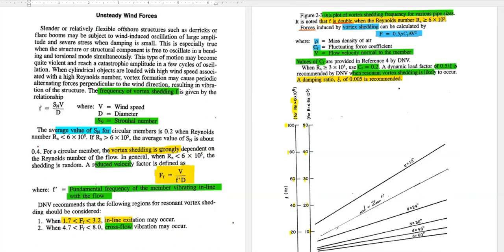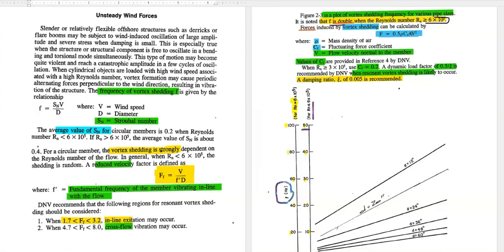So next one is, if you see, figure 2.3 shows the plot of vortex shedding of various types. It is noted that F is double when the Reynolds number is greater than 6 times 10 power 5. If it is less than 10 power 5, this is F. What is this factor? This is nothing but the reduced